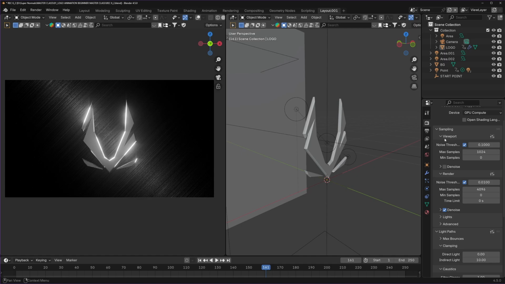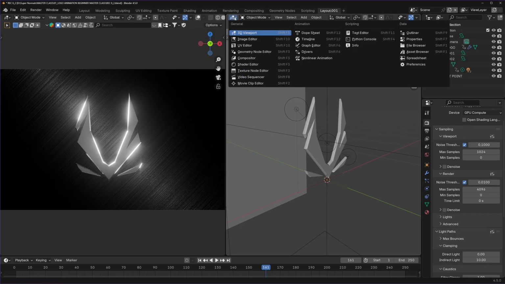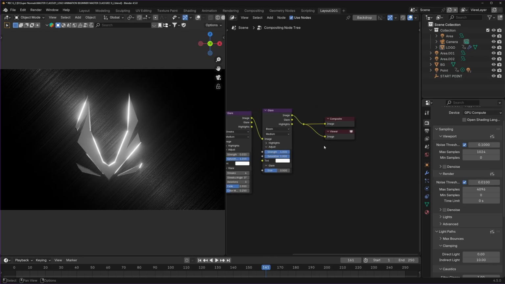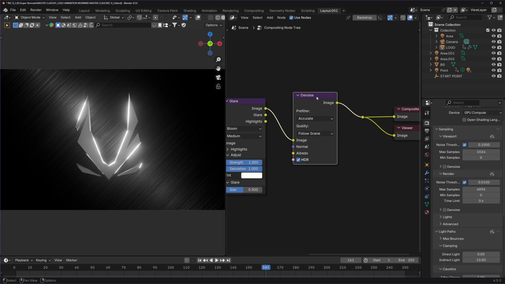Now, for the viewport, max samples and noise threshold and everything is set here. If needed, you can click on denoise. So it will show you how your denoised result will look like without those grains. But if you prefer without the noise, you can just uncheck denoise from the samples, from the viewport and the render as well. Same can be done inside the compositor as well. So if just after this clear node, I can use a denoiser that will do the same work,